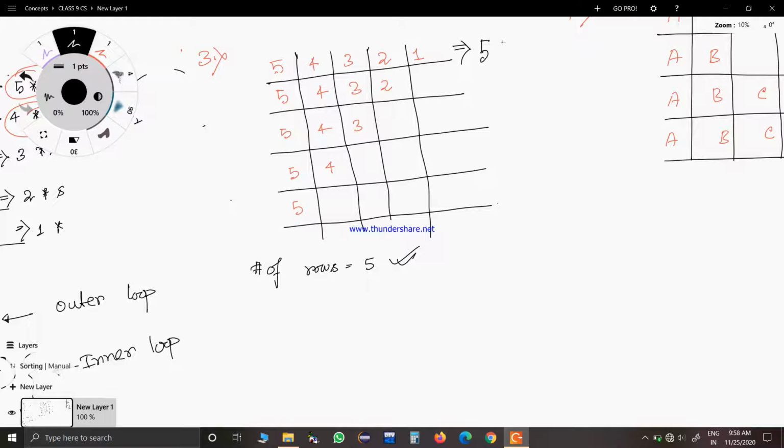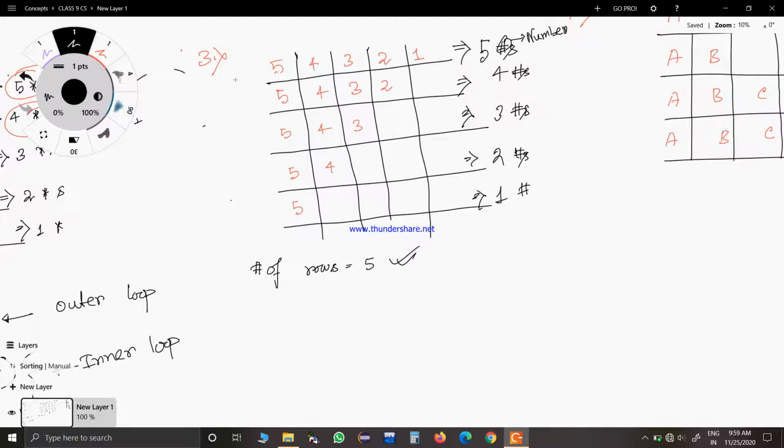There are 5 numbers in this row, 4 numbers in this row, 3 numbers, 2 numbers, and 1 number. Whenever I write a hashtag here, it means a number.